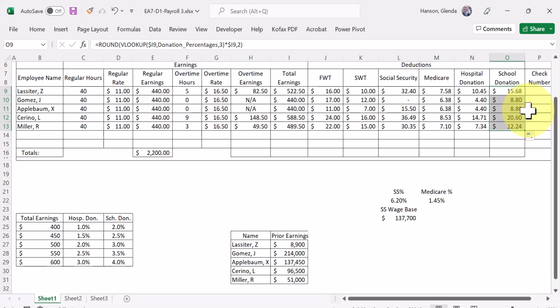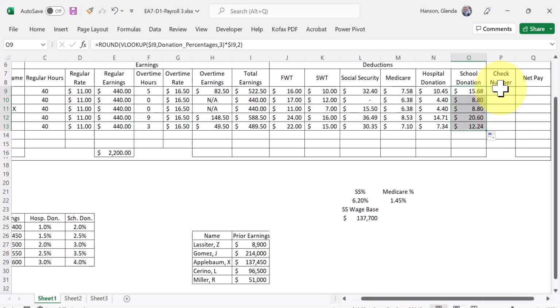Okay, now we're almost finished with this one. Range P9 to P13, check number, turn back one page, and we have Lassiter, he's at 507, and then we have 508, 509, 510. I don't have to type all those in, I can just fill. Oh, it filled. I have to do two of them at least. 508, oops, 8, and then now I can do 2, and then pull them down, and I think it'll fill. There we go. So I got my check numbers in,